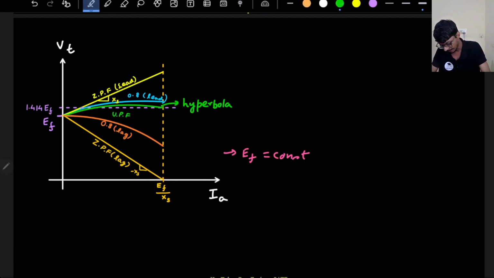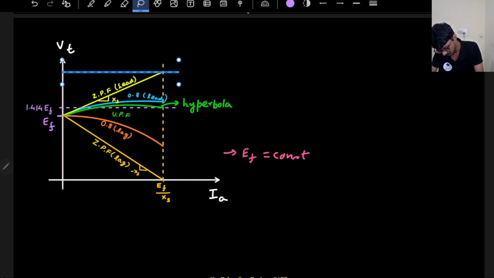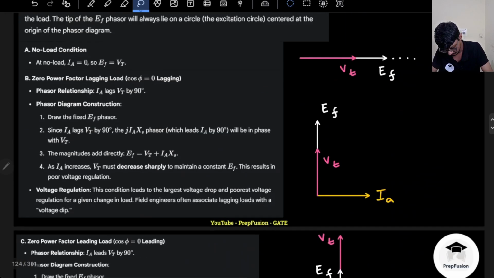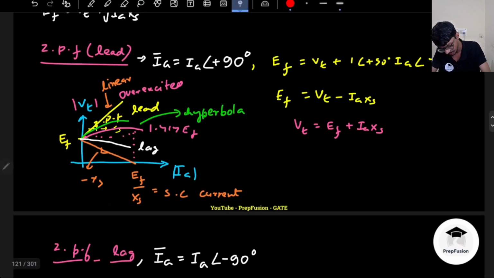At that current, what is the voltage? Can you tell me what is the voltage in case of a zero power factor leading load? So if I just come back to this equation, the equation for the leading power factor load where we are deriving it. This was the equation, right? So what is the value of Vt when